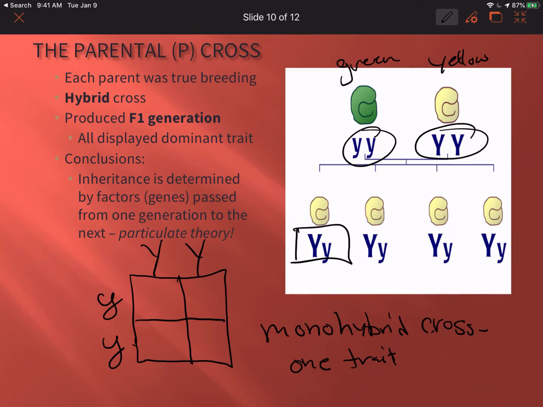Okay, and so this represents the recessive trait. So the green is going to be recessive, and the capital Y, or the yellow, is going to be dominant. Okay, so what happens when you cross the green and the yellow? So pure green, pure yellow. What you end up getting